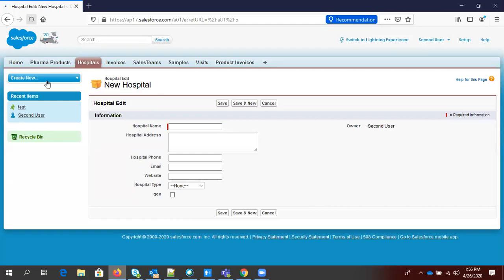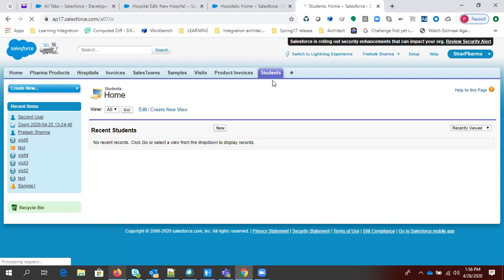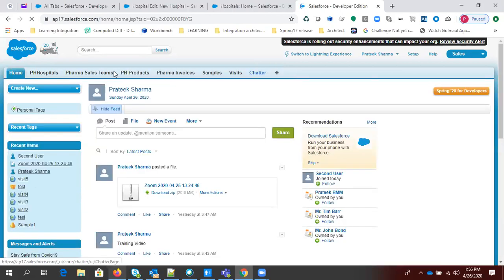If you refresh it, you won't be able to see that particular tab. See, the student tab is not visible for this batch 91 profile, right? Every other profile will be able to see this, and it is only related to Star Pharma. If you change the app, this particular tab won't be available. So let's just change the app. Now you can see the student tab is not visible here.